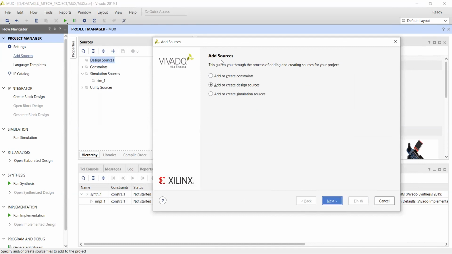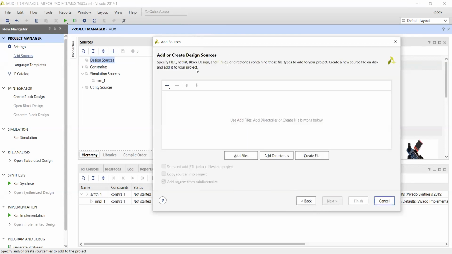Now I want to design, so I take the design source. I'm taking the second option, add or create a design source. Click on next. Now I want to click on create file.